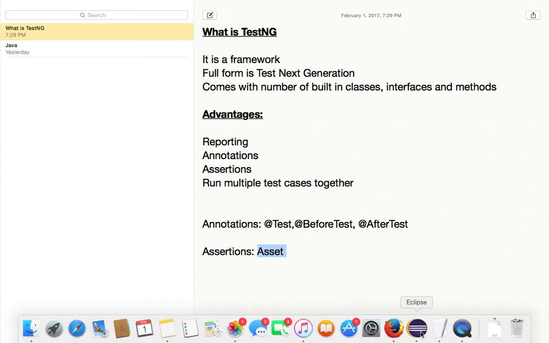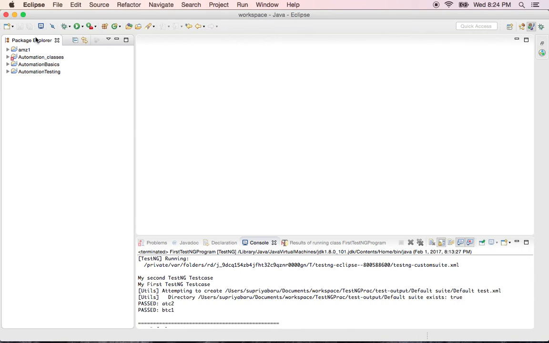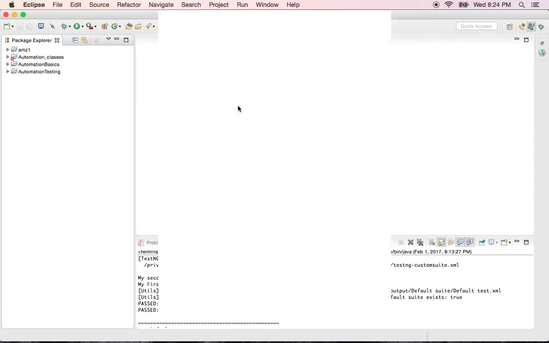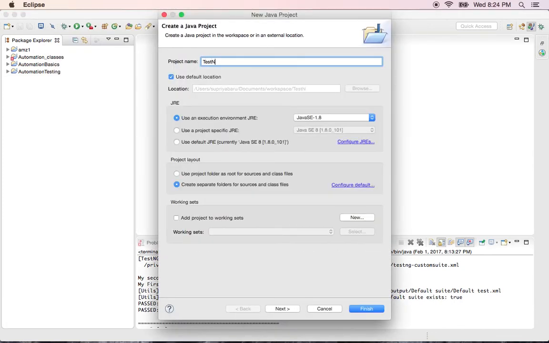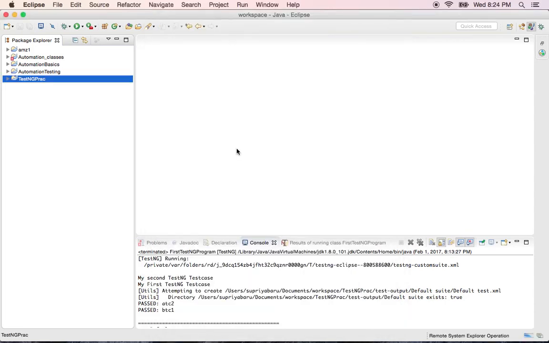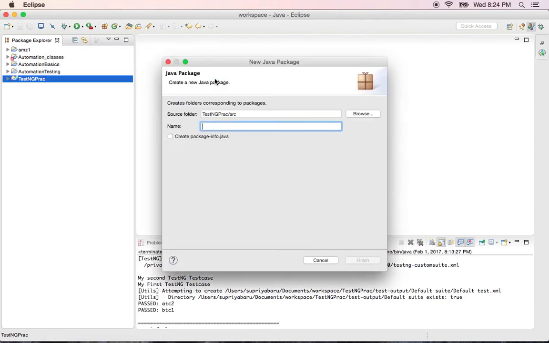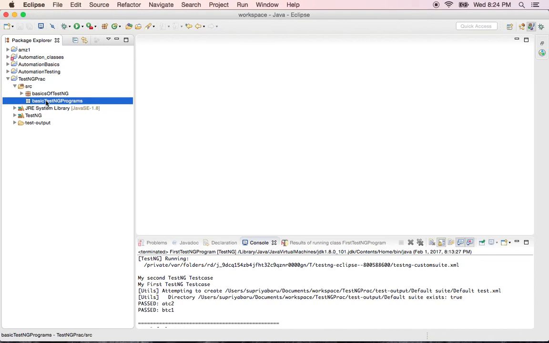Let us see how to set up the TestNG program. For that, I am creating a new Java project, as we have done in our earlier classes. I name it TestNG practice and say finish. Inside my project, I create my package. I say new package, basic TestNG program, and I say finish. My package is created. Within my package, I create